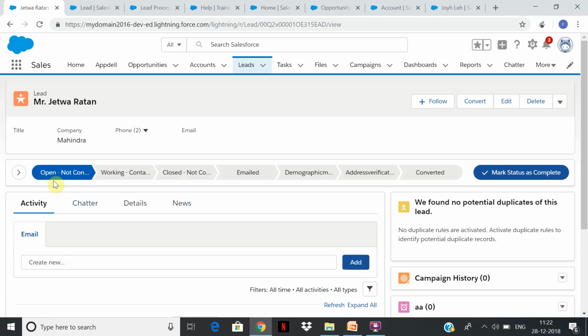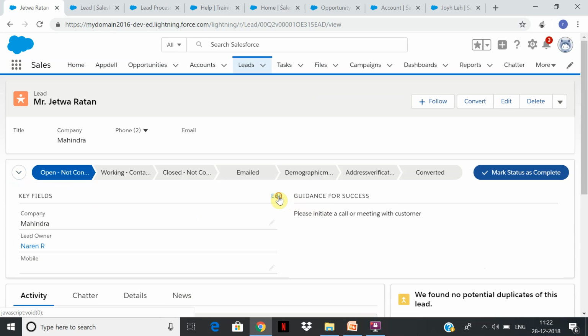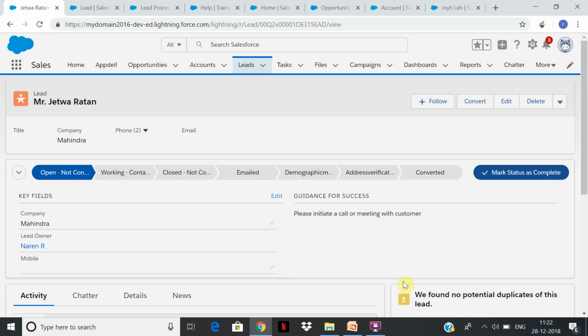Now why this is important is because at each and every stage, if you go to edit, you can give guidance, the process will be different and it will not be the same. So you're creating an efficient lead process here. Similarly for opportunity